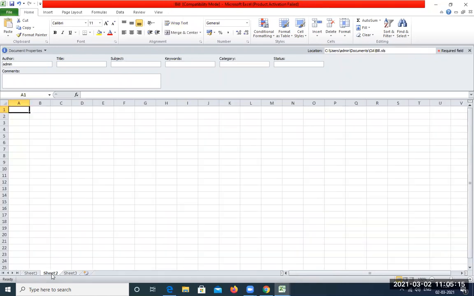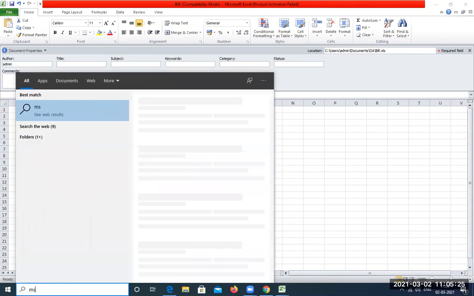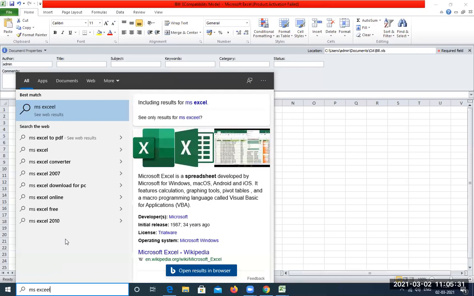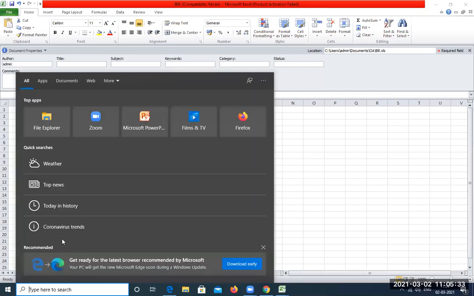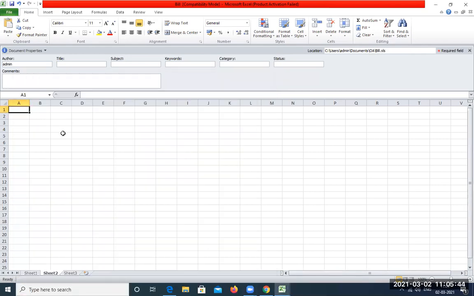So let us go to a new sheet. Before you go to a new sheet, we need to know how to open MS Excel. For that, you look up in the search for MS Excel. So you can look for Excel or MS Excel. Here you can see we will work on Microsoft Excel 2010. So once this is opened,